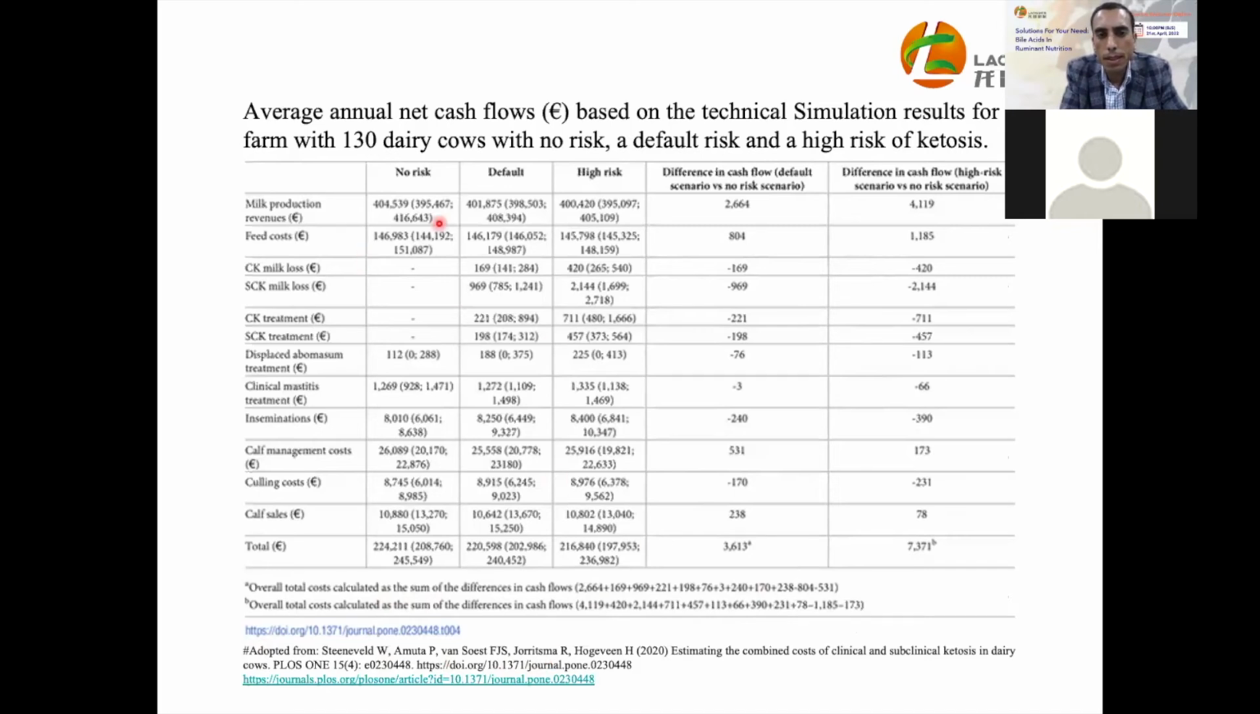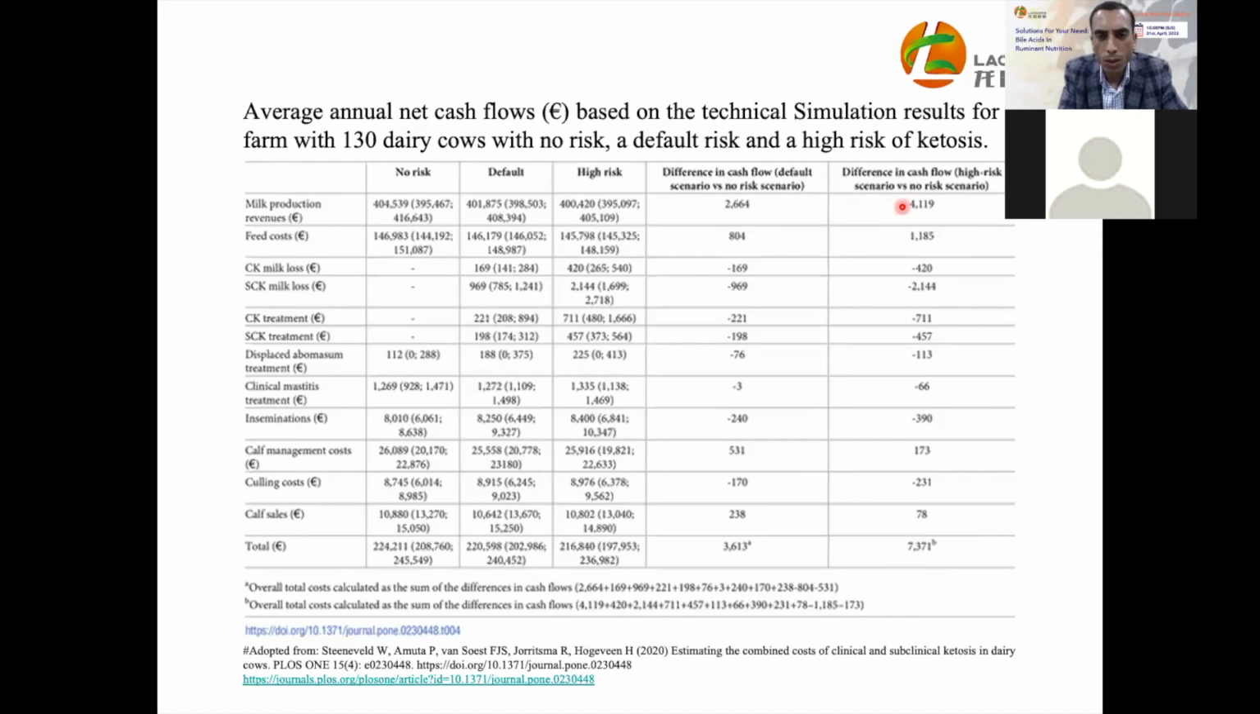Here in this table, they calculate the annual net cash flow in euro in 3 groups. And in the right 2 columns, they make the difference between the default and the high risk, comparing with the no risk. As an example, for milk production, there are 2,600 euro saving between the default and the no risk. This is more income. And for the difference between the high risk and the no risk, 4,000